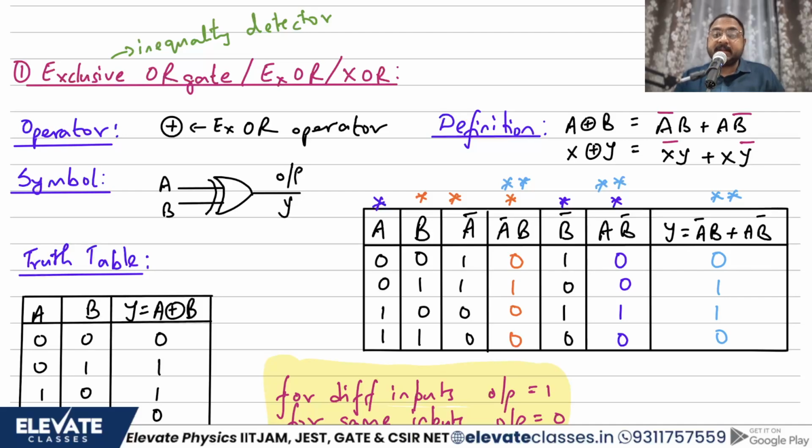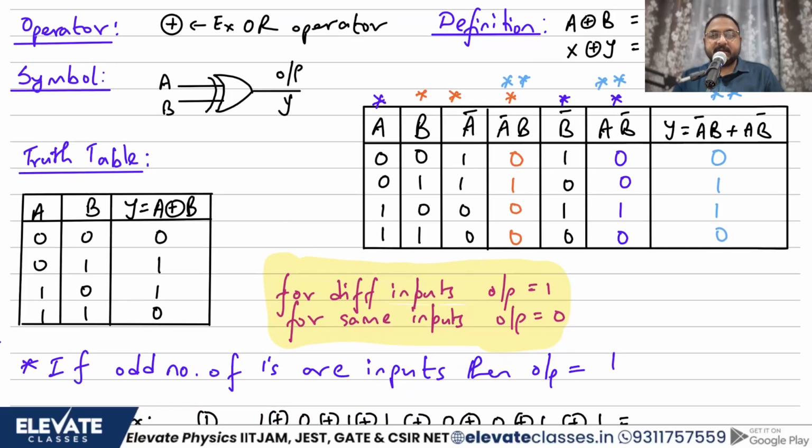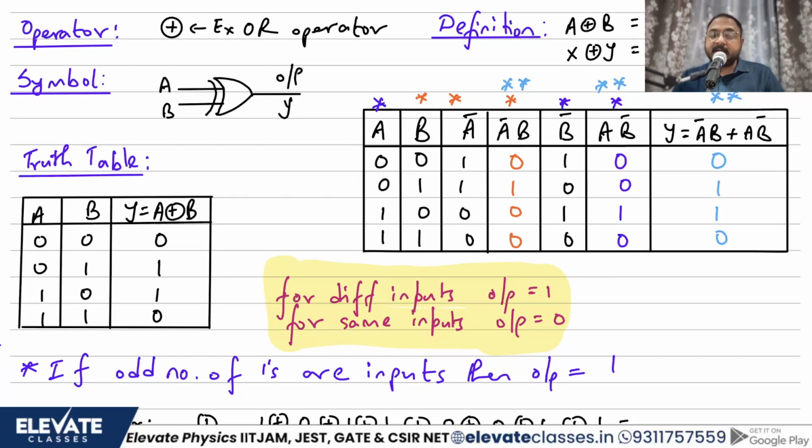What's the second property that says? The second property that we have, I'm very sorry, the visibility might have been a bit poor, the last line. Now I think it should be visible, right? The last line is visible now. So what is the main thing for Boolean algebra? From a logic gates point of view, for different inputs, the output is 1. For same inputs, the output will be 0, right? So this is what we have with an XOR gate.